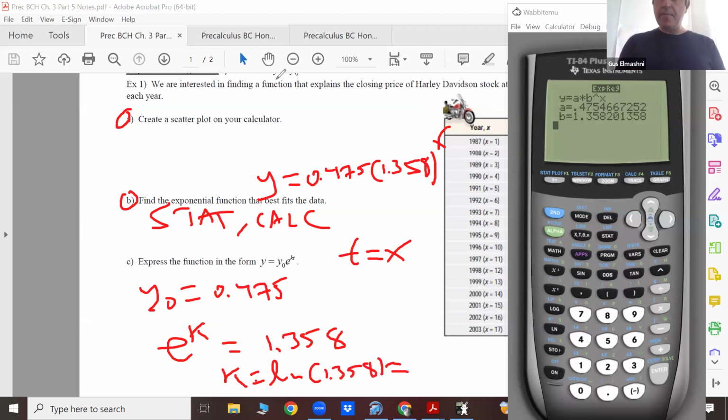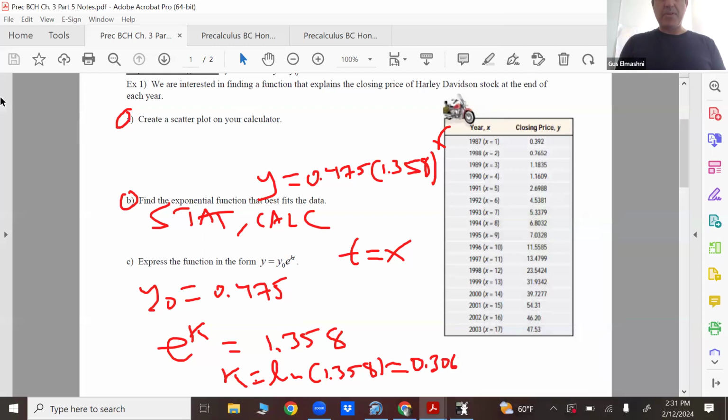Which should be natural log. And it's a little bit rough because I did round a little too soon, but it's okay. So 0.306 we'll say. So now my equation could be this. And sometimes we want it in the form of e. Sometimes it's just better to work with that, depending on some scenarios you have. So y equals